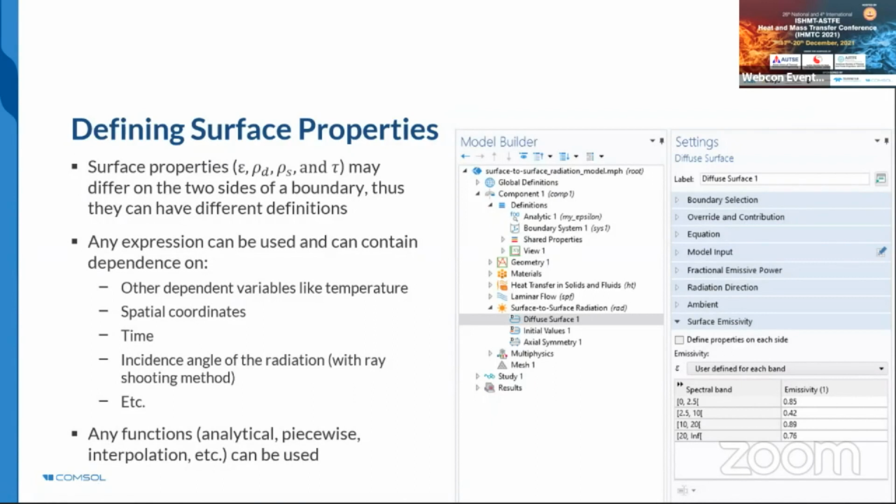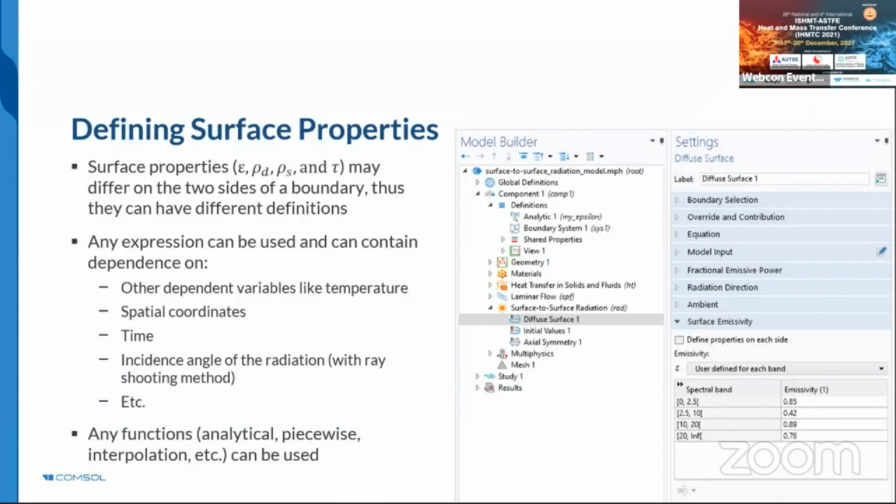In case you have a shell with two distinct faces, you can of course define different properties on each face. And I believe that's something where Comsol is really interesting, is that the definition of material properties and surface properties in particular can be defined from virtually anything. If you are able to write with pen and paper an expression that couples surface emissivity, for example, with temperature, then you can just type the corresponding expression.